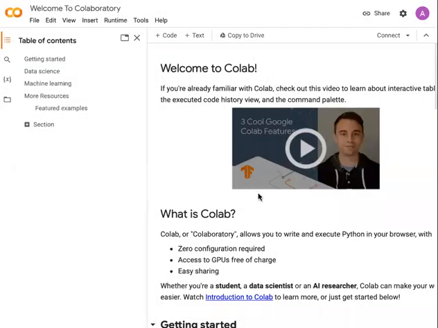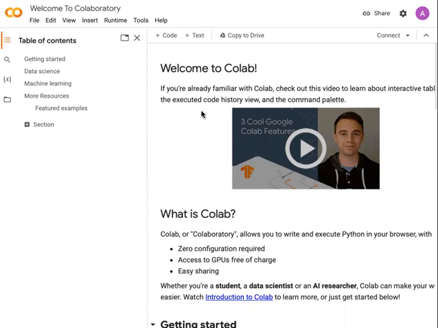Now, for the notebook, we'll be using Google Colab. It's a Jupyter notebook that runs on the cloud, so everything is stored on the internet. So I suggest you use Google Colab for your data science projects. You just need to open Google Colab by typing in